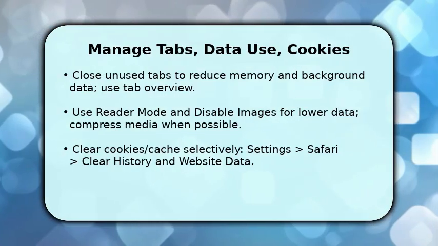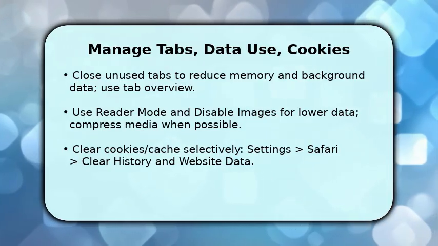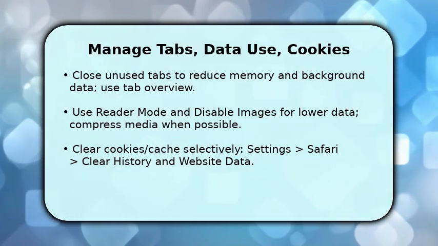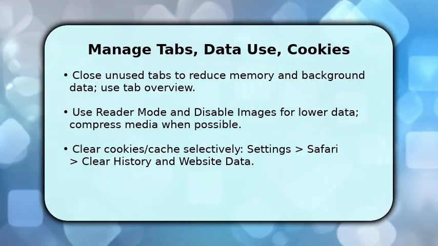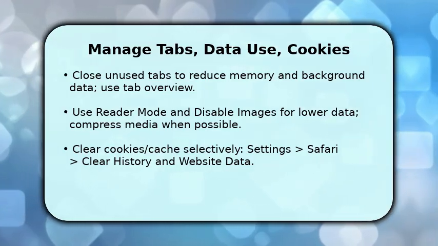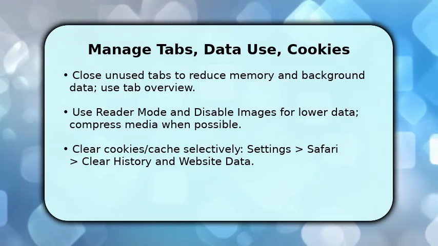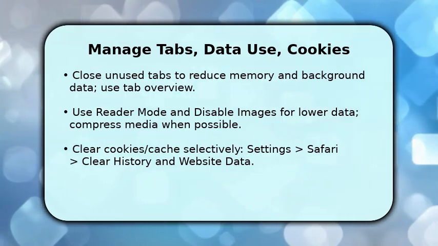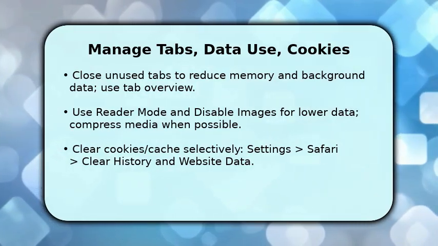Once browsing, control data by limiting active tabs and enabling reader mode for articles. That strips extra images and scripts so pages use less data. You should also disable automatic media playback and request mobile or low bandwidth sites when available, because streaming is the